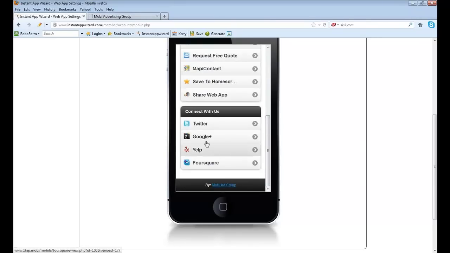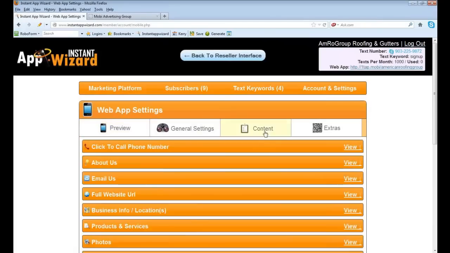All your social media sites are set. They're static, they can't move. Can you demonstrate putting the Foursquare? Sure. General setting, let's go to content,